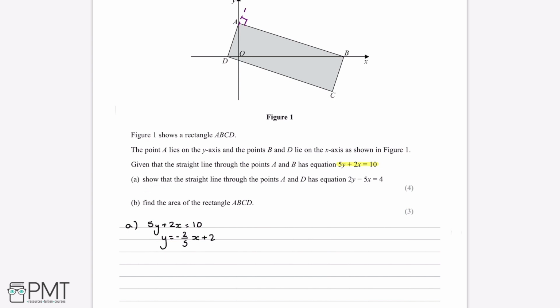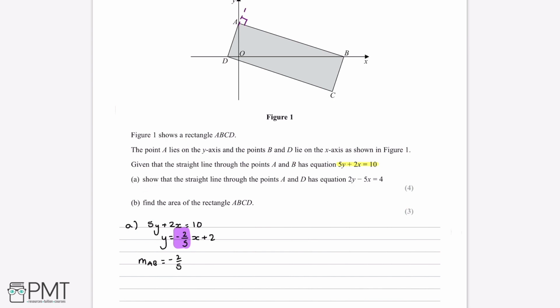And another general rule for equations of lines is that the gradient is the number multiplied by the x. So the gradient, and we can represent gradient with an m, the gradient of AB is equal to